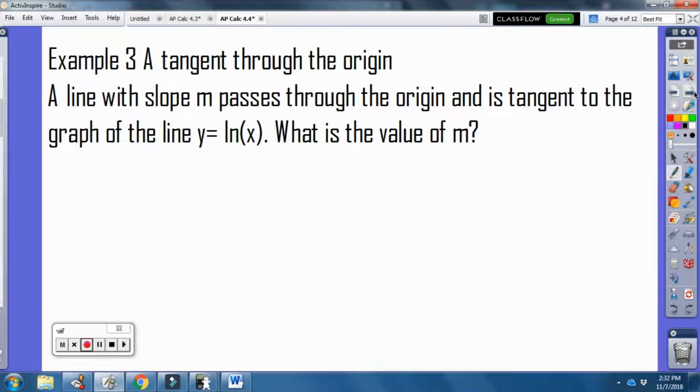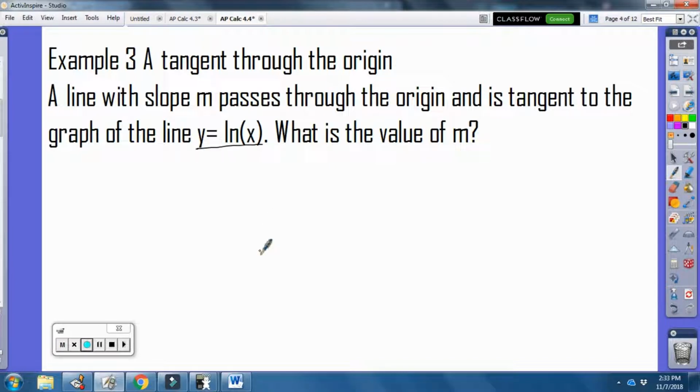Now we're going to look at an example of a tangent through the origin. This is a tricky problem here. We have to think about what the problem is actually asking us before we can set up our problem, but it's a little bit different than what we're used to. The first thing we have to understand is